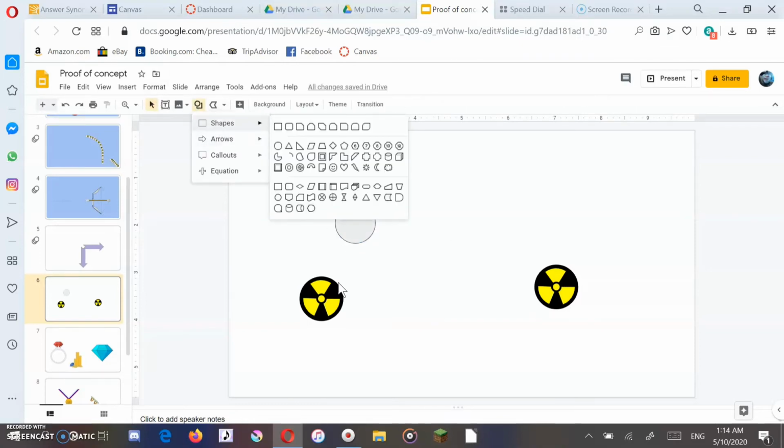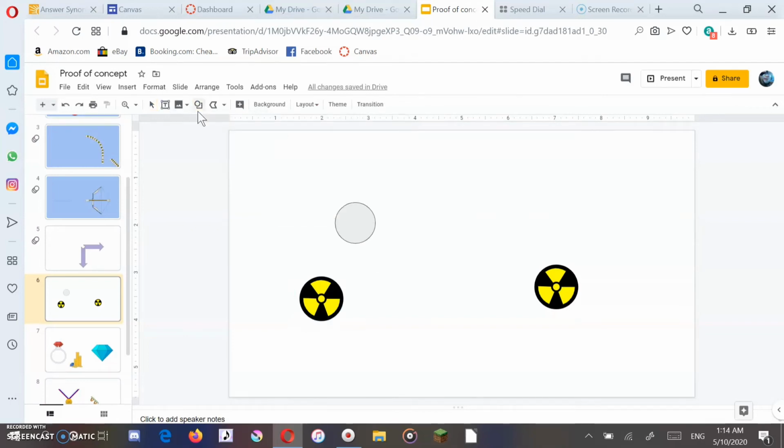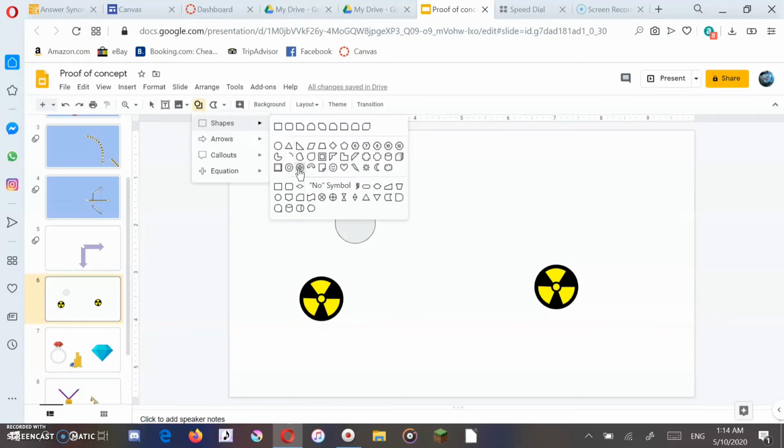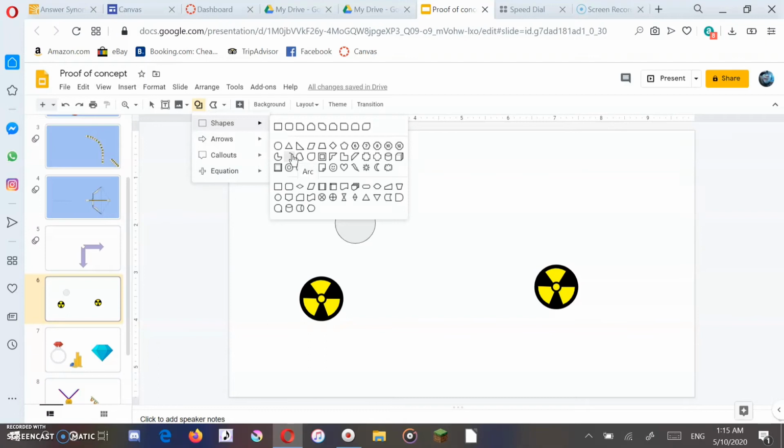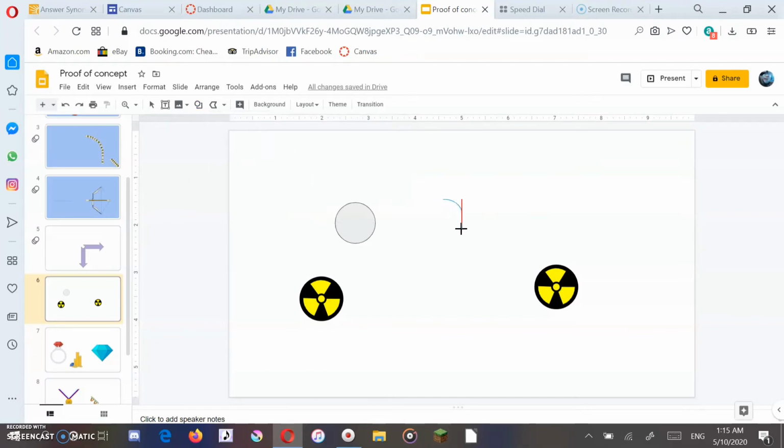So after that, how do we get this? Because if you go here, we have fourths, not what we want. We have half, still not what we want. Equations, callouts, arrows, nothing has what we want. So we got to make it ourselves. Now, what I'm going to do is I'm going to take an arc. Take this,